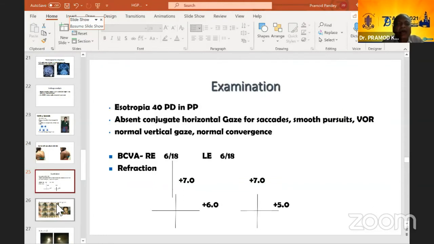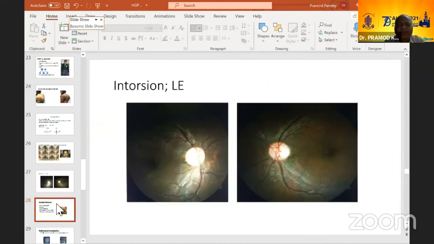She was also hypermetropic, with about 40 PD of esotropia, and about +7, +6 refraction. So there was an esotropia which was accommodative in her, and because of that, the medial recti have gone into contracture because she can't move her eyes horizontally. So there was some kind of contracture, and with glasses also, her accommodative part could not be corrected. So she needed surgery. She goes in jerks. Now here also you find intorsion, which can be seen.